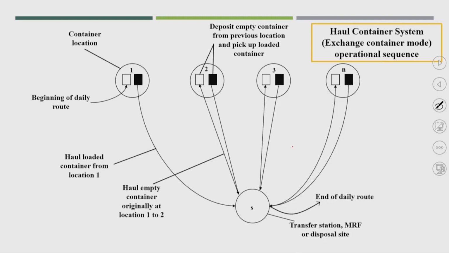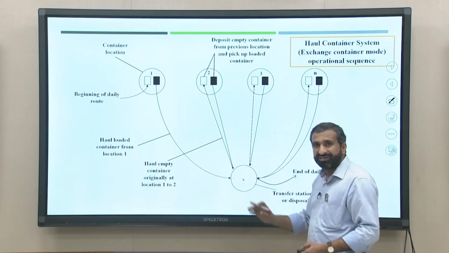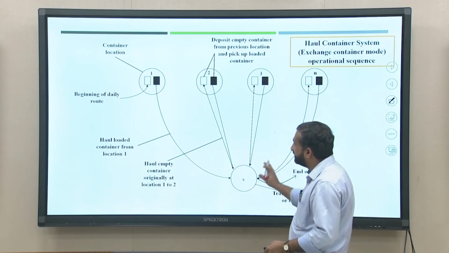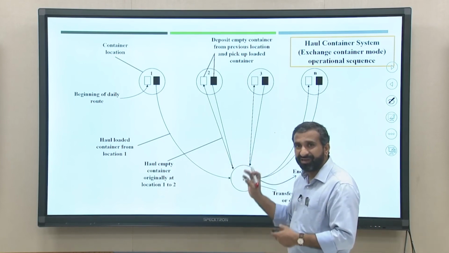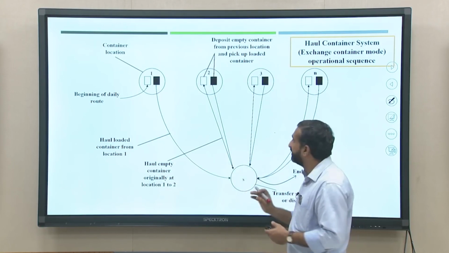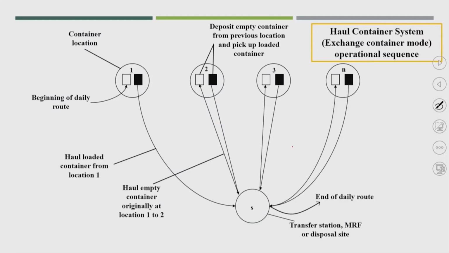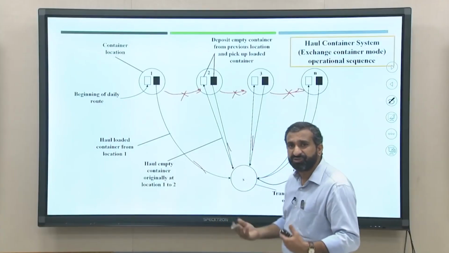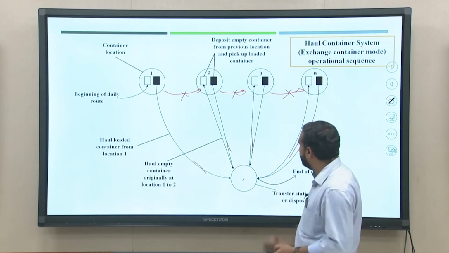So, now here you just compare both alternatives. Here you see that when the vehicle carries one empty container along with it, there is no requirement of transportation from one location to the other location. So, it is possible that the entire hauling could be planned on highways or bigger roads, so that the traffic issues and the time required to reach the disposal site or treatment facility do not require more.